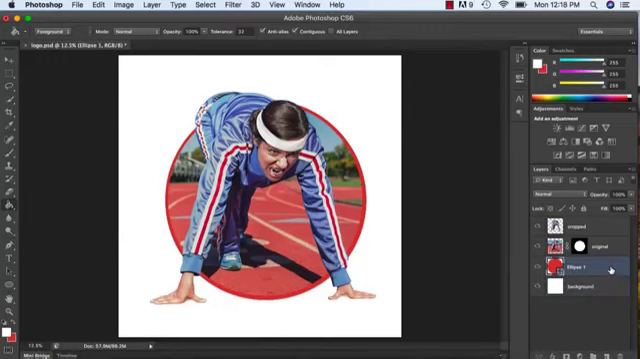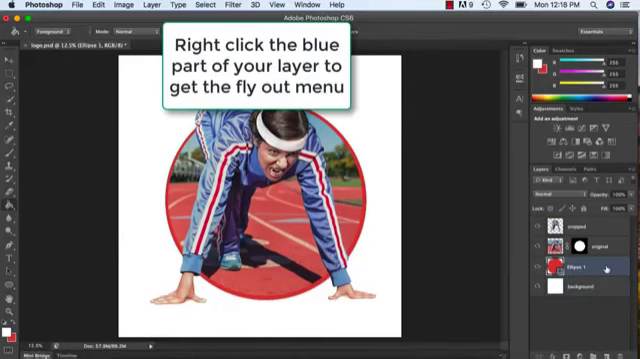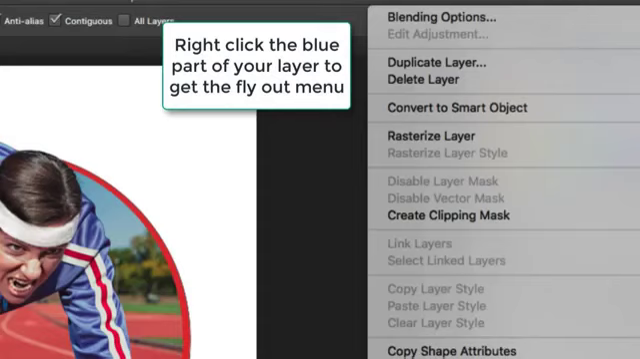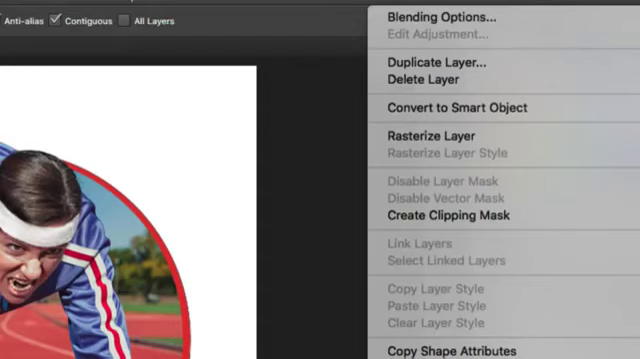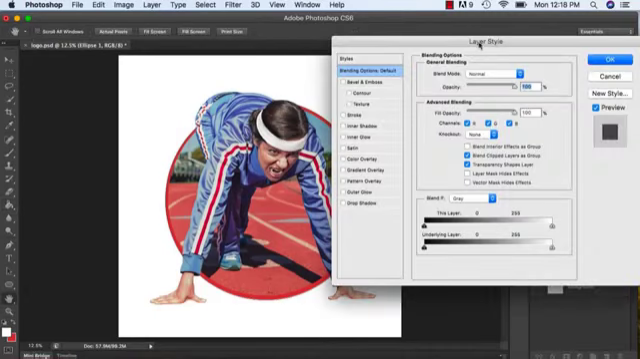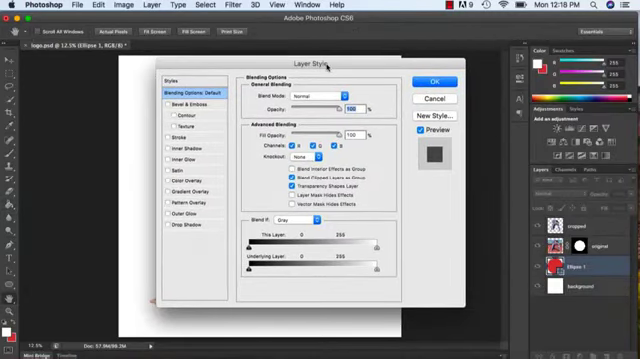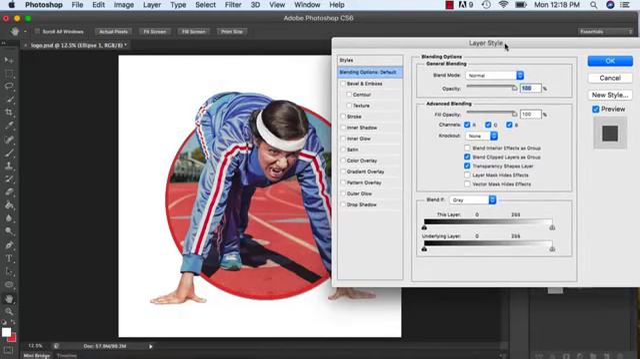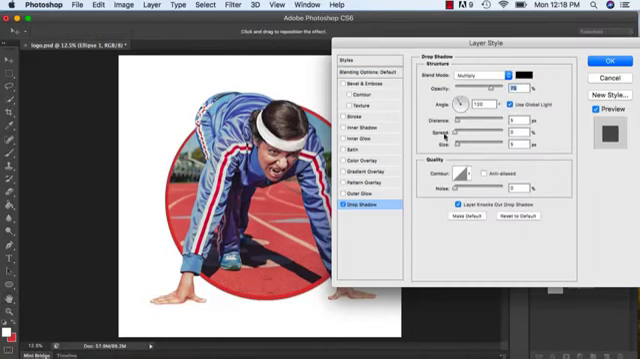I'm going to put my blending options on the circle. And if I right click or control click, I get a blending options box. If your blending option box comes in the center here, move it over to the side so you can see what you're doing. You don't want to just click on the checkbox on the side. You want to click on the word. So what I'm going to do is I'm going to click on the word drop shadow, and then I get